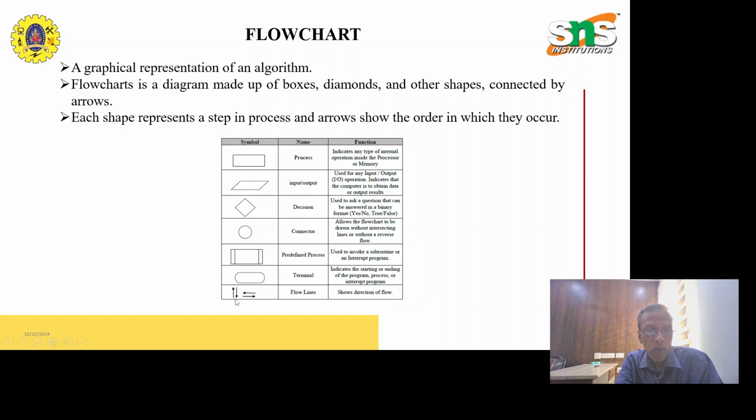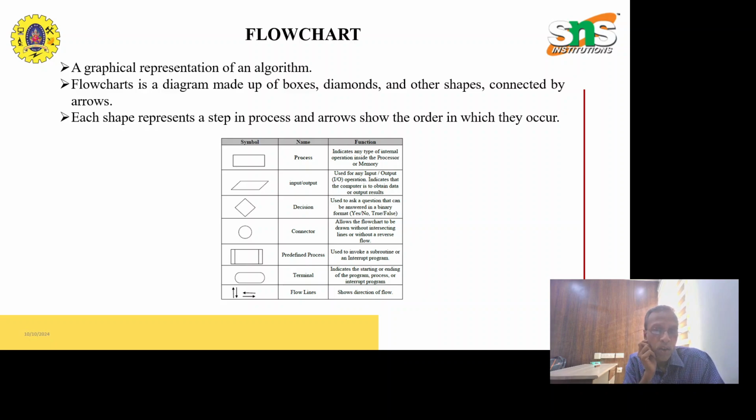Then the up and down arrows and horizontal and vertical flow lines show the direction of flow of data, or it may be a process. So commonly we are using these 8 symbols in the flowchart to visually represent our algorithms, easy to understand by the users or